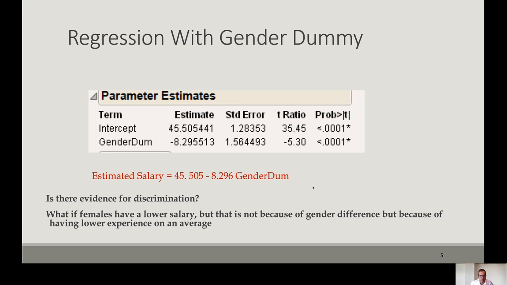And the answer to that is a little nuanced. The answer is no, actually, right? It is clear that the salary for females is lower, but that does not mean gender discrimination. Why? The reason is that, for example, you may think that the difference in salaries between males and females is not because of the gender difference, but because, for example, female employees have lower experience on average compared